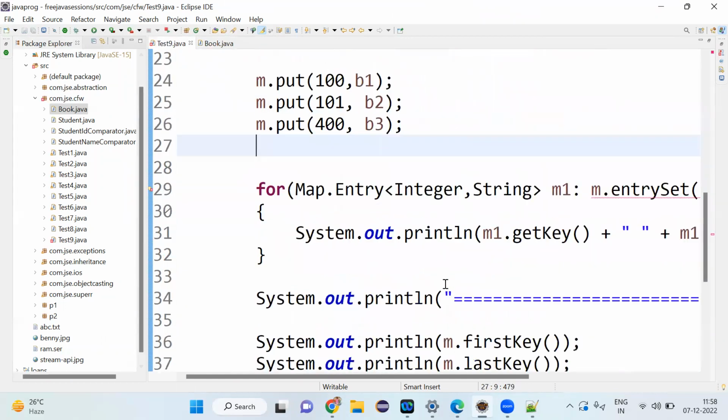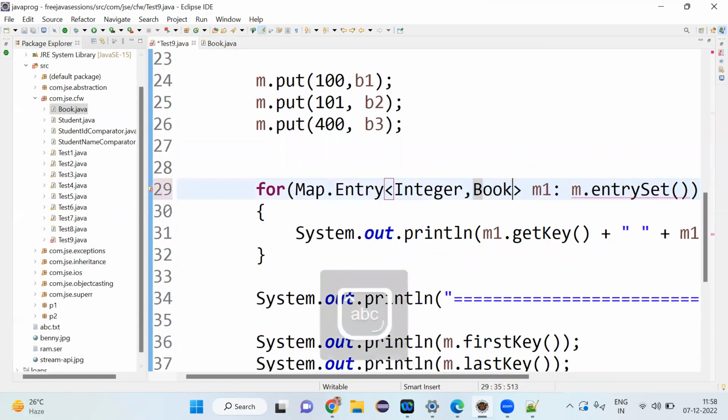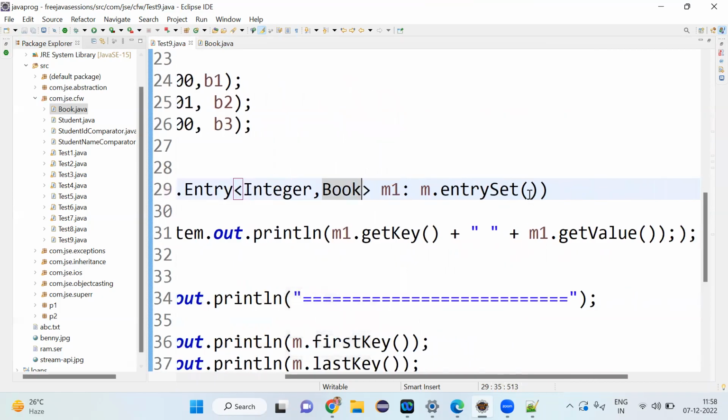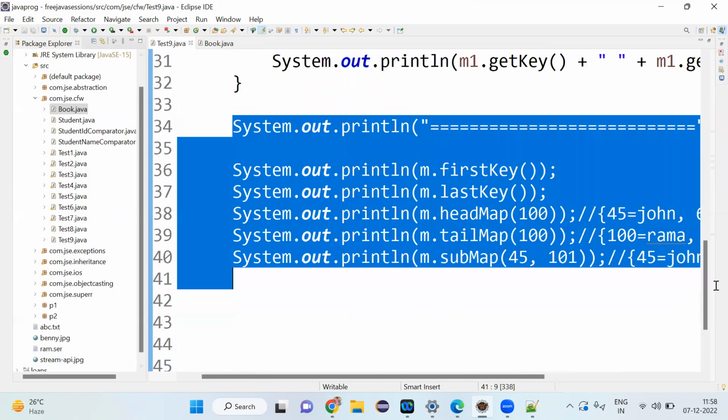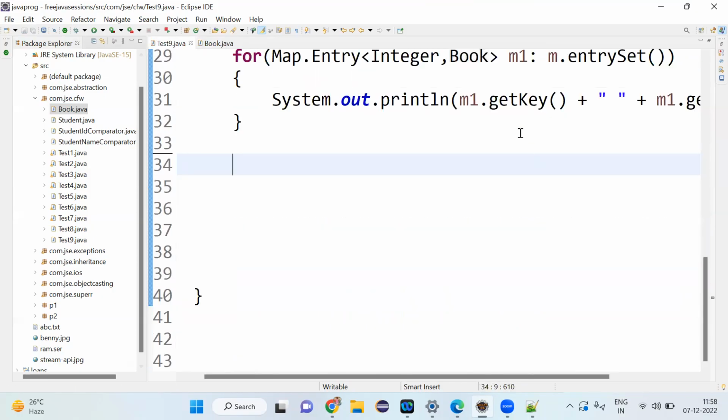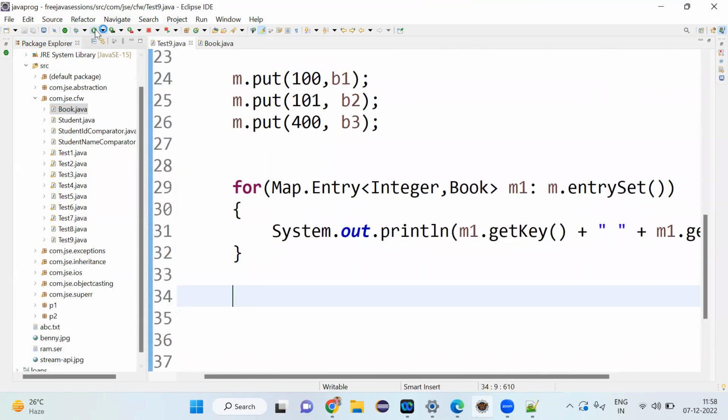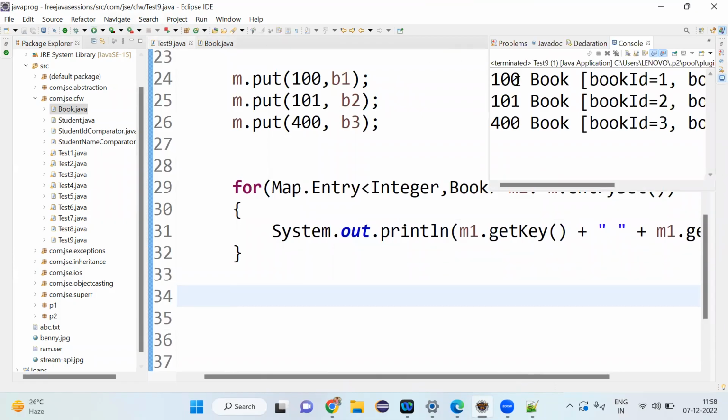How can I traverse this? Instead of String, what do I have to mention? Book itself. Okay, let me save this. m.getKey, m.getValue. Let me remove this since we have already taken the backup. Now if I run this, you just observe here 100, 101, 400,